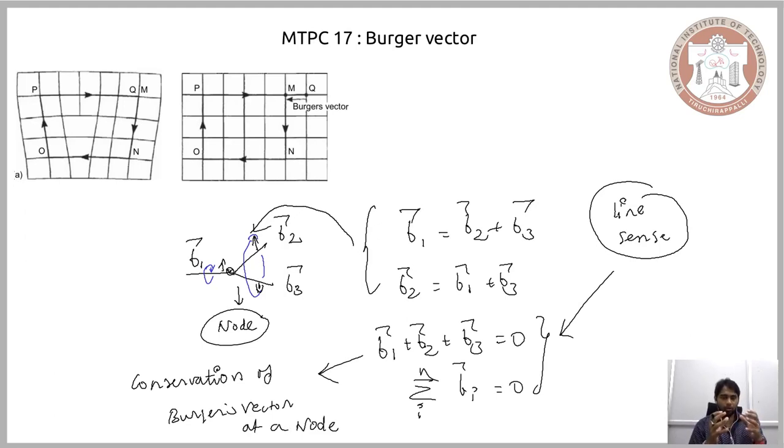Now what we have seen is how to express a Burgers vector. We have been able to calculate its magnitude, and we have been able to represent its direction. Now we are talking about the interaction of different dislocation lines at a point, and we have arrived at an expression that shows that the Burgers vectors of the different dislocation lines that interact at a point should be conserved. We are considering this interaction of the dislocations at a given point because this is how physically we see the dislocation in a material.